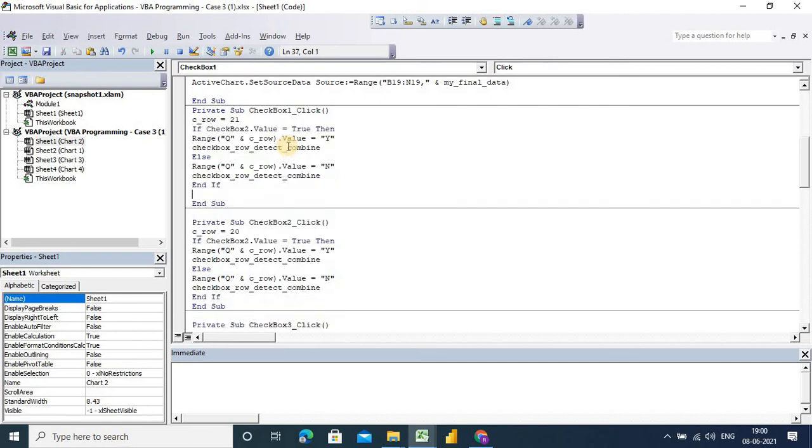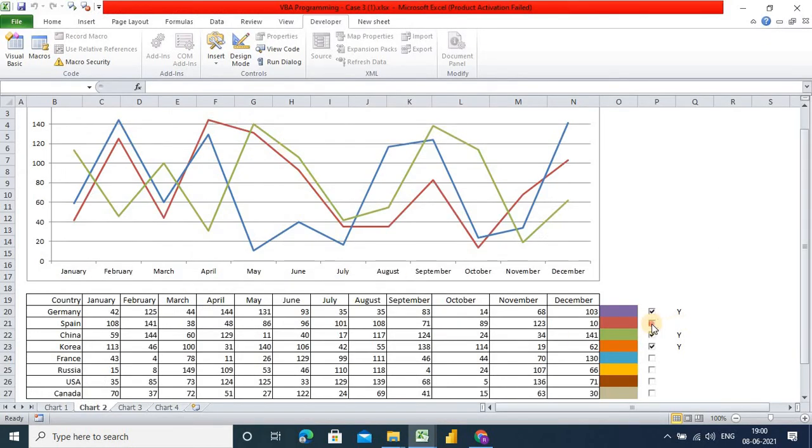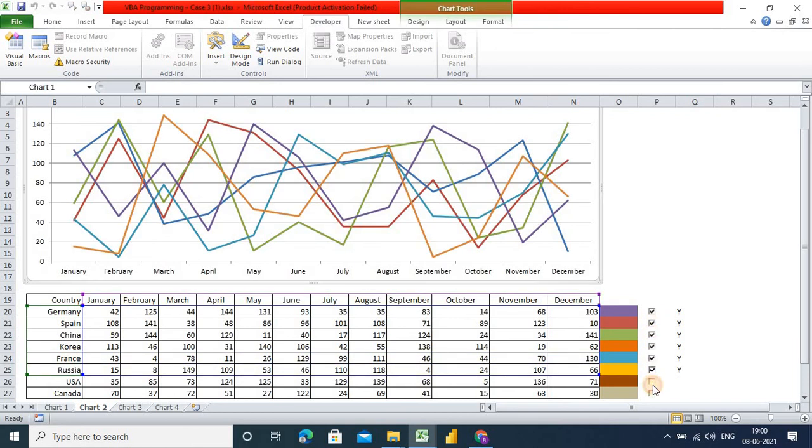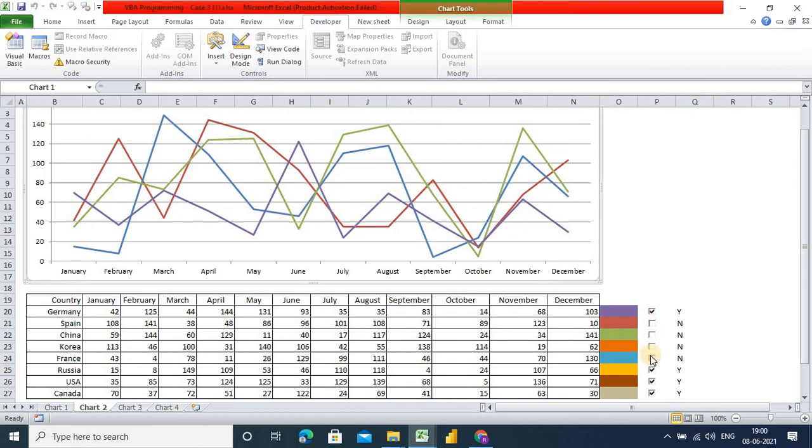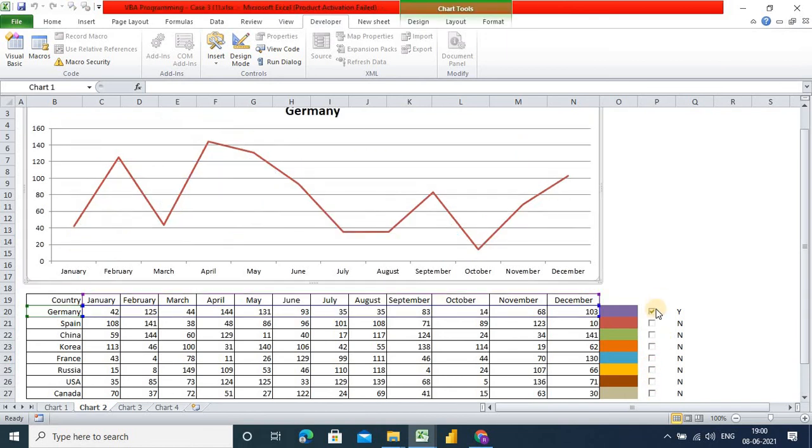Copy this code here and apply checkbox 1. Now you can see here. So if I remove this, or if I select anyone.